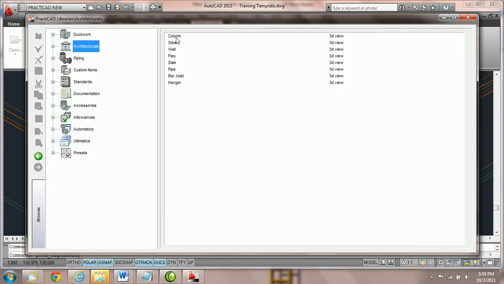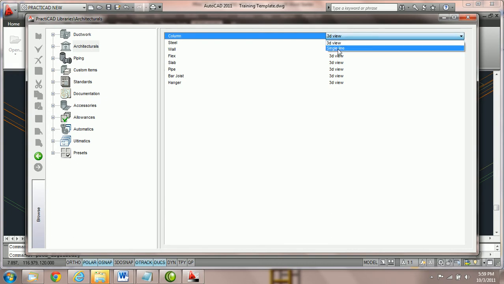Currently we have all of the different architectural items listed here, and you can see the different views that each of them are in. Currently they're all set to 3D view. You will notice by going to the column we've only got two choices, 3D view and single line. All we need to do is choose single line if we would like to see our columns in single line